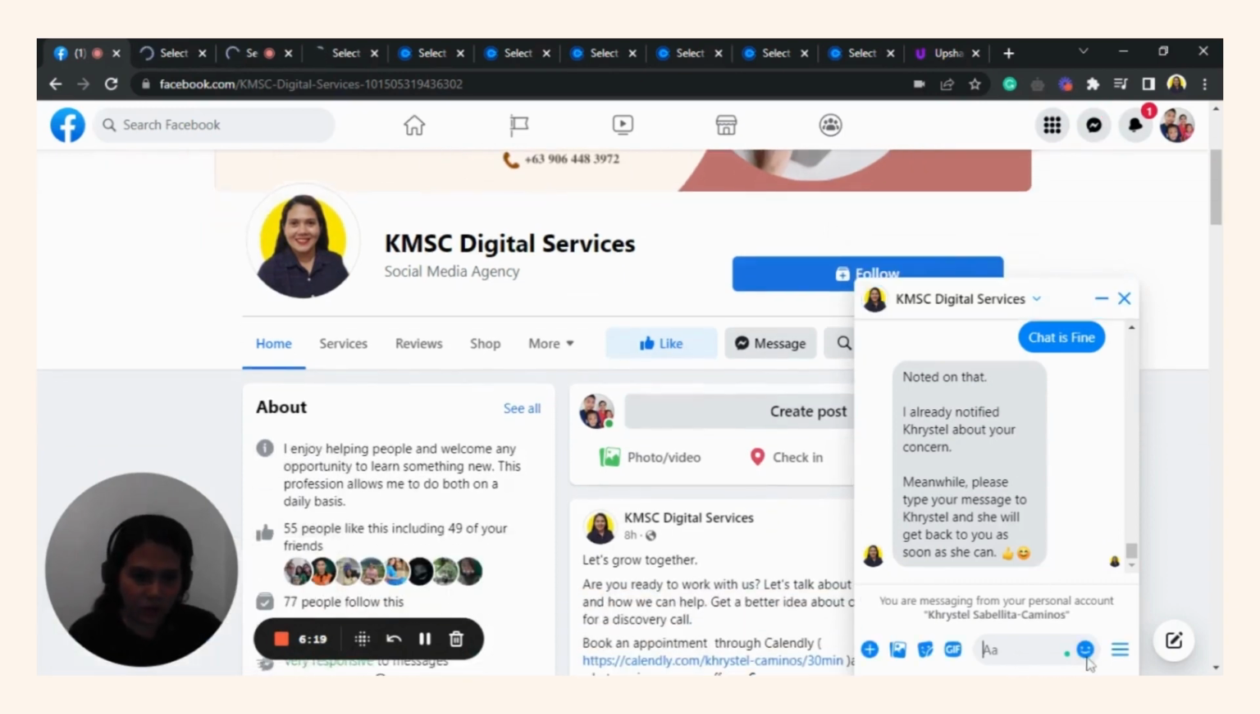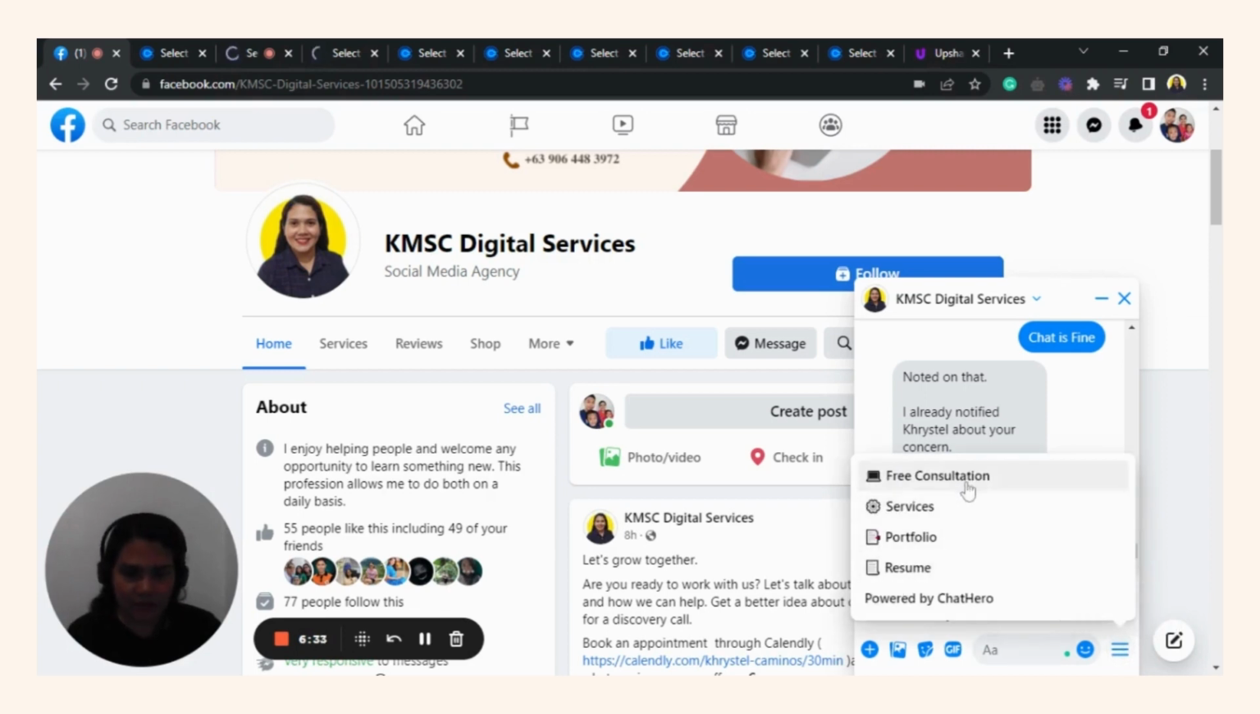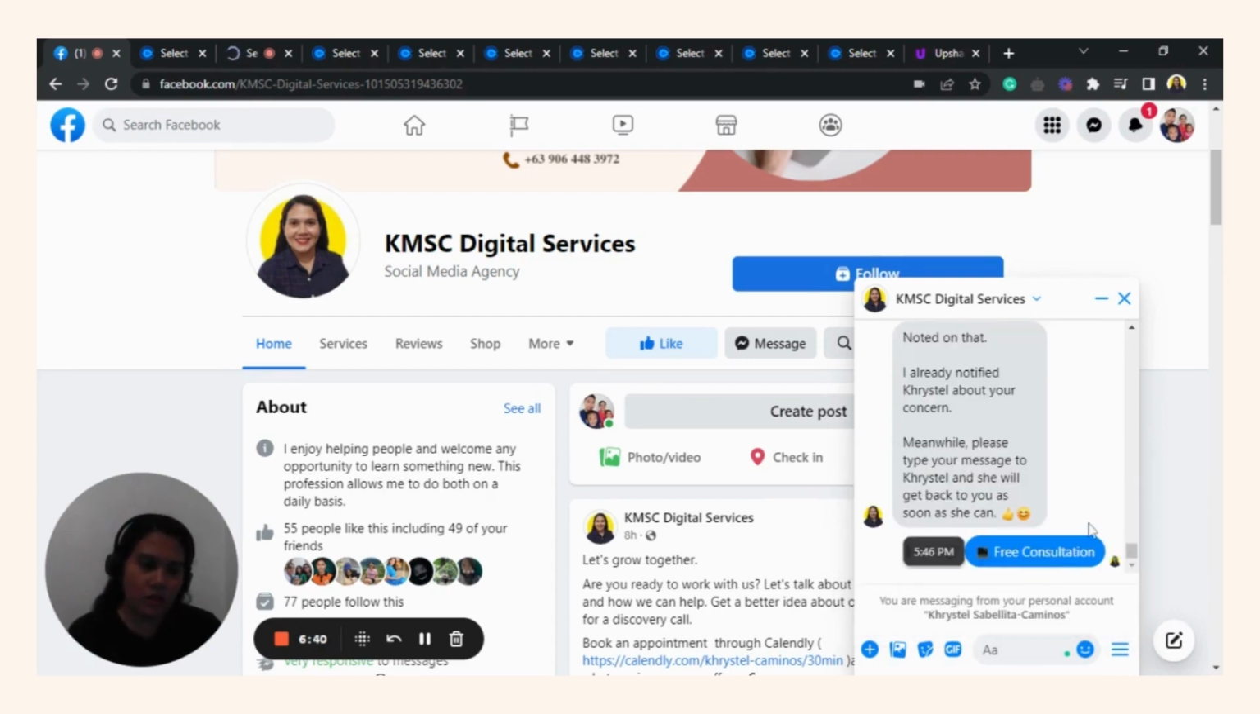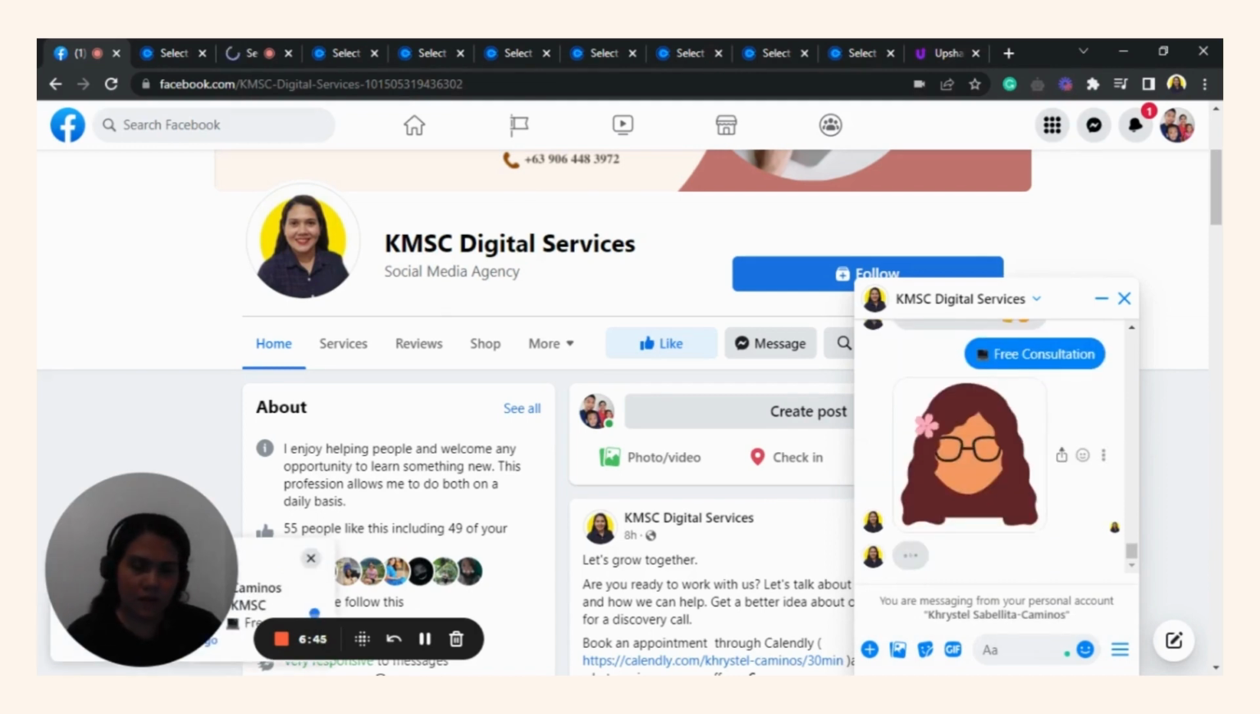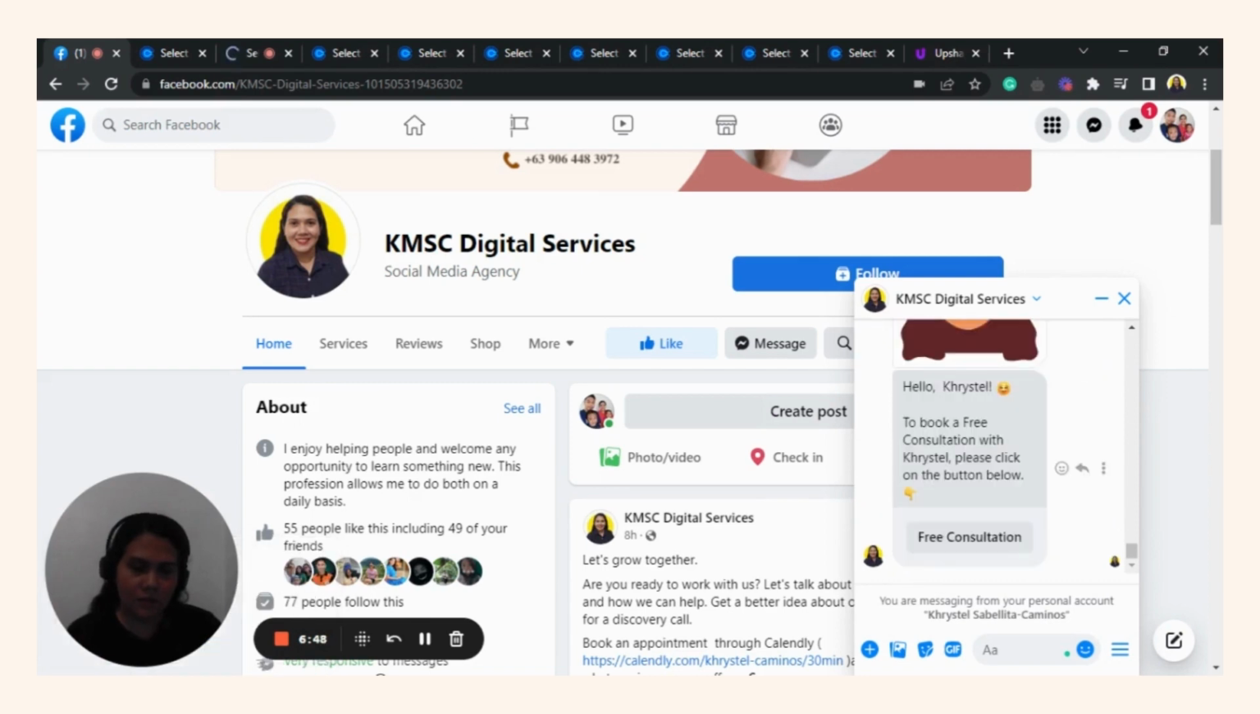Also we have what we call the persistent menu. It's the four lines on the message box. When we click on this, we can see free consultation, services, portfolio, and resume. We check first the free consultation. We have got the reply and then a free consultation button that redirects us to